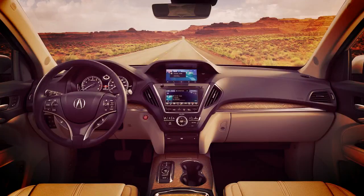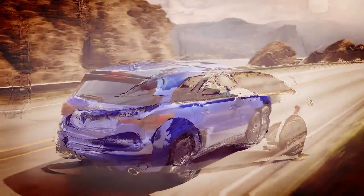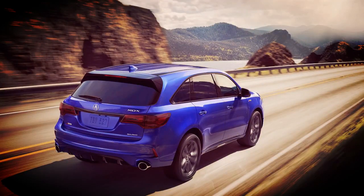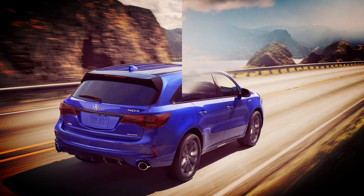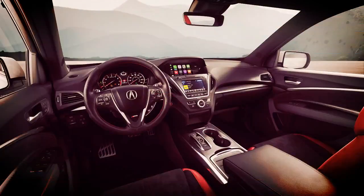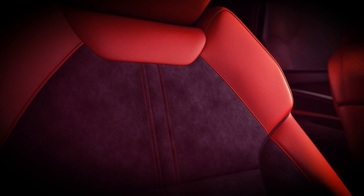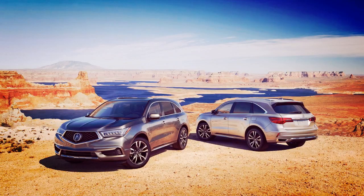pound-feet of torque. It's joined by a more refined version of the 9-speed automatic transmission, which sends power to the front wheels in standard configuration. Acura's Super Handling All-Wheel Drive system is available for a $2,000 premium and is capable of sending 70% of engine torque to the rear wheels and 100% to either the left or right side wheels. Front-wheel drive models are rated at 23 mpg combined, while all-wheel drive models get slightly worse fuel economy at 22